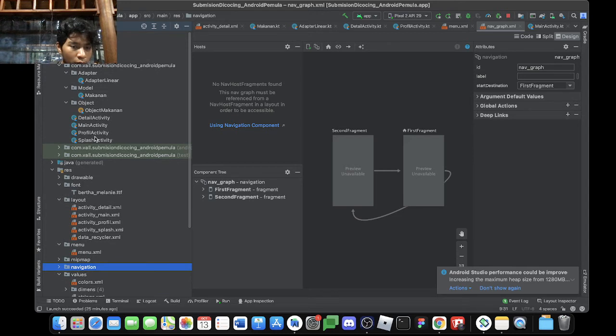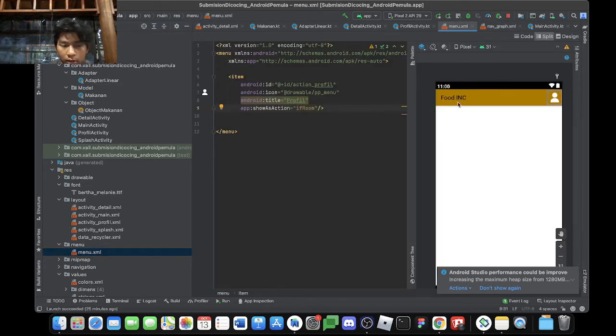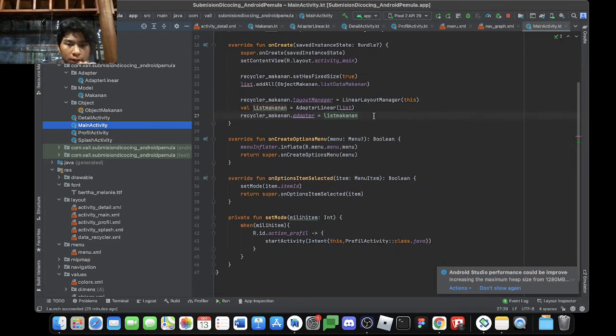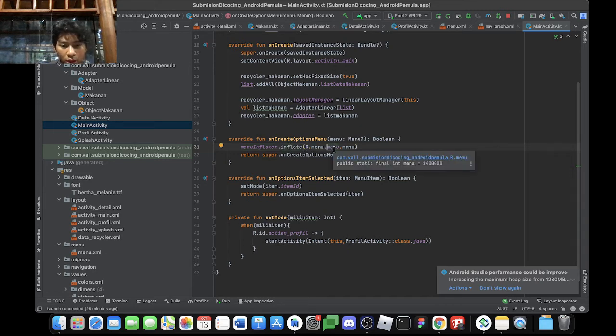Okay, now I will explain this menu. This is inside the main activity. This onCreateOptionsMenu, menuInflater.inflate, R.menu.menu.